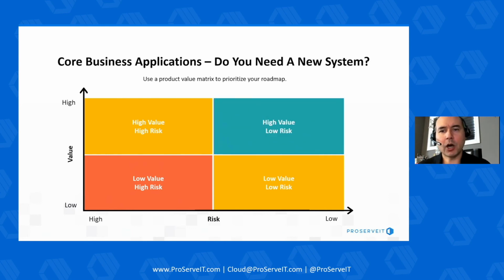And finally, top right quadrant, this is obviously where we all want to be. We've got a system that's delivering high value, so it's automating a lot of the systems. It's creating intelligence in terms of the data and feedback providing back to my business. All of the best practices around security are being adopted, and users, perhaps while not loving the system, are following it, are having no challenges adopting it, and it's kind of creating smooth sailing. So this is the utopia scenario that we all want to get to. But if we sit in any of those different quadrants, then it's probably worth a look and say,